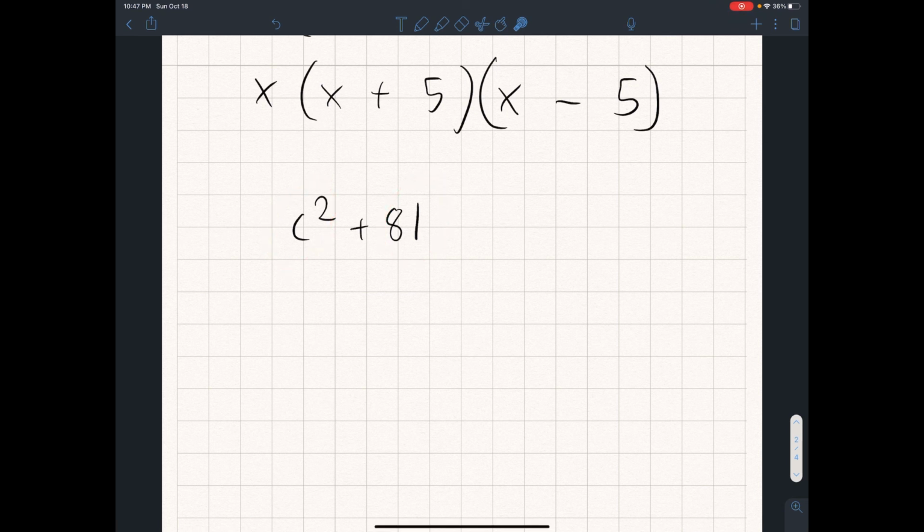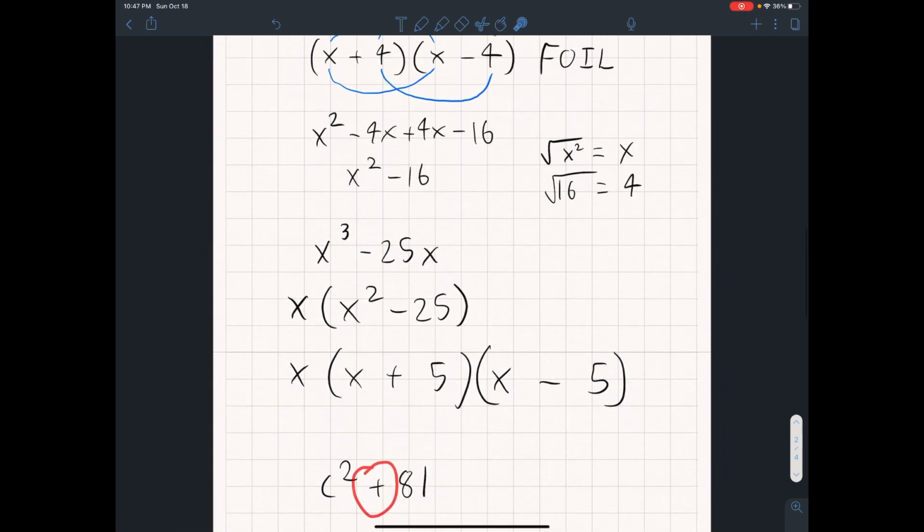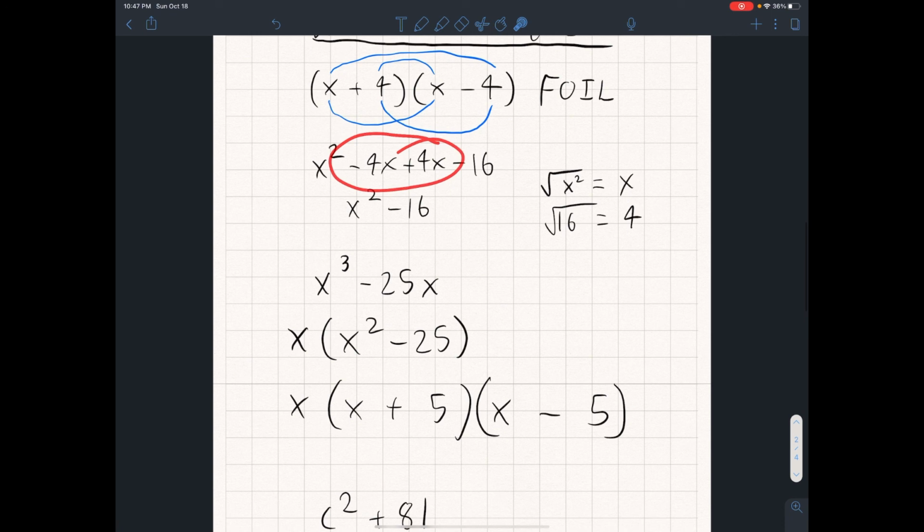I should make this c plus 9 and c minus 9. Well, that won't actually give us the answer we want, because I need to have it be a difference of two squares, and this is clearly the sum of two squares. Won't work, because without that difference, I'm not going to get a positive and a negative number that cancels out